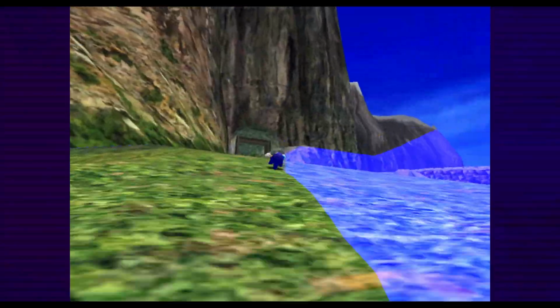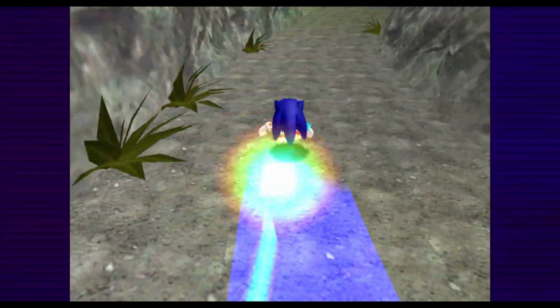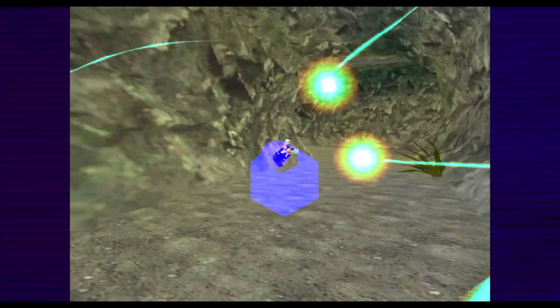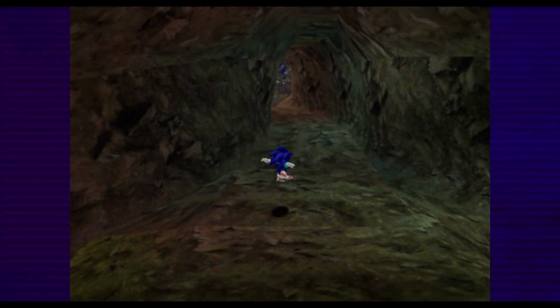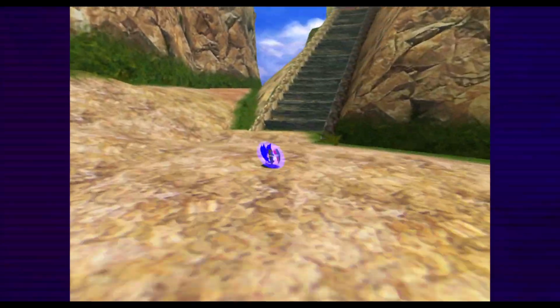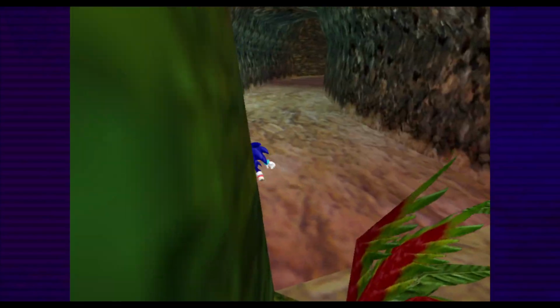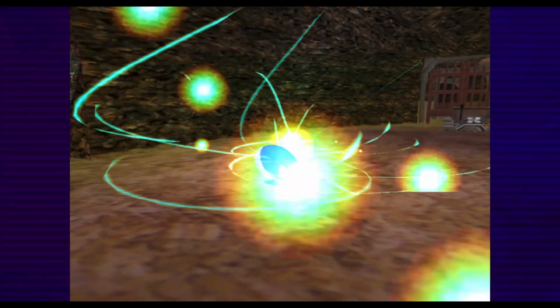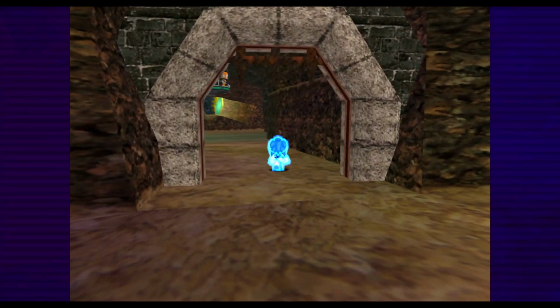So, with that power-up we can now do that. Yeah, with that power-up we can attack that guy in the cage, the little robot dude. But what I want to do is, if you remember, back a couple episodes ago, you can actually go in here and do the same thing. So right by the Chao Garden, if we charge this up,